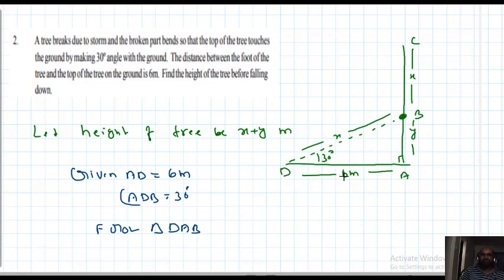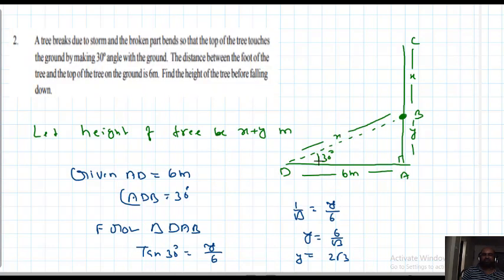Opposite side over adjacent side, tan 30 degrees, that is y by 6. So 1 by root 3 equals y by 6. So y equals 6 by root 3, that is equal to 2 root 3. So I got y equals 2 root 3. From the same right triangle, from DAB,